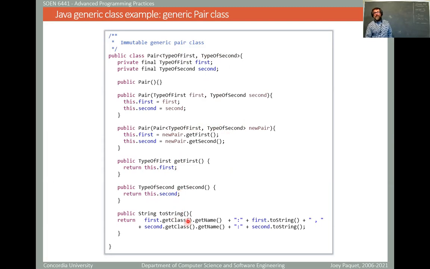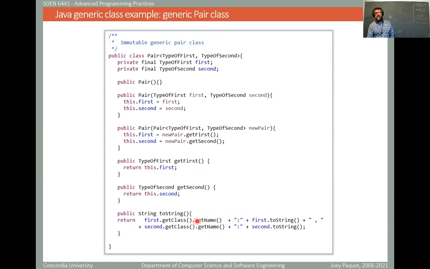Then the very simple implementation that it has is to print to the console the values as well as the class name of each of the respective members. Okay. So you see here that my code does not use type-specific data manipulation involved in first and second. The only thing I do to manipulate these values is to return it, which is not type-specific, and to actually